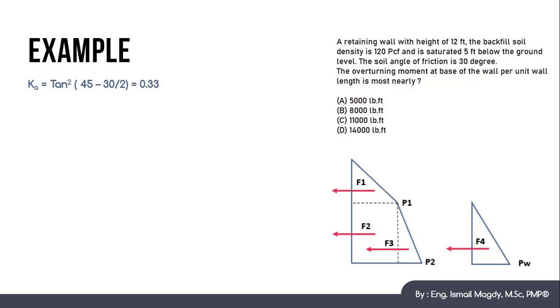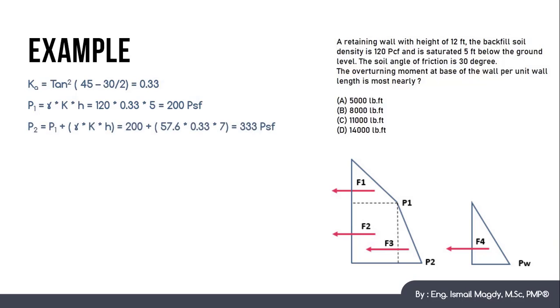So let's start calculating each one. P1 will equal gamma multiplied by K by H, which is 120 multiplied by 0.33 multiplied by 5, which will equal 200 pound per square foot. P2 will equal P1 plus gamma KH, which is 200 plus 57.6, because this is submerged soil, so the effective